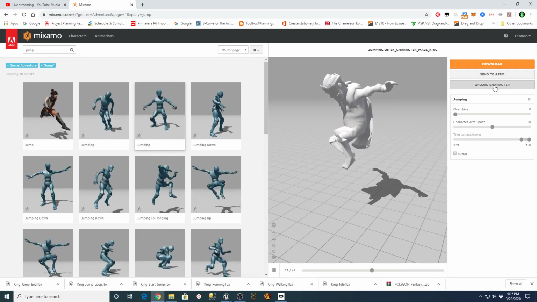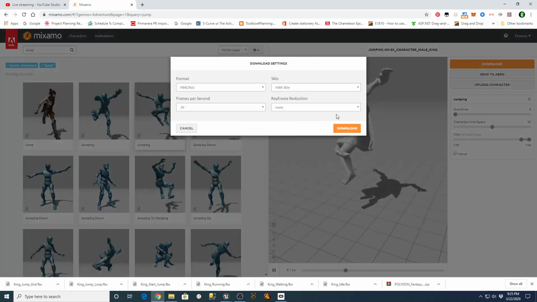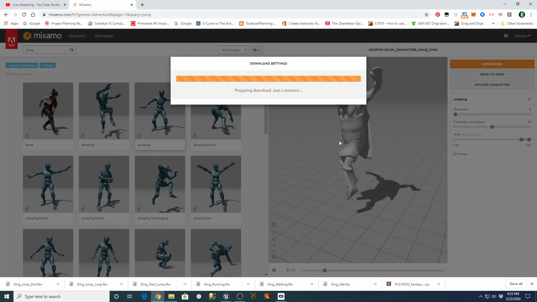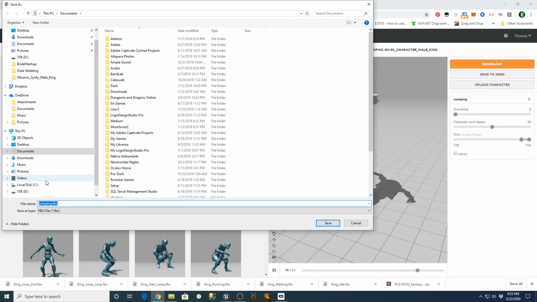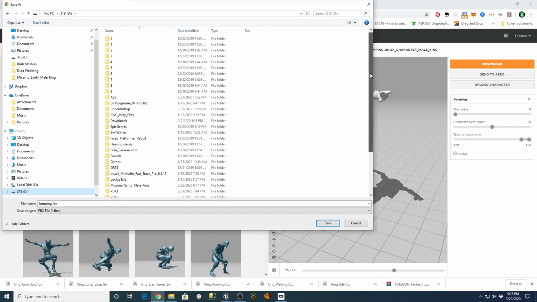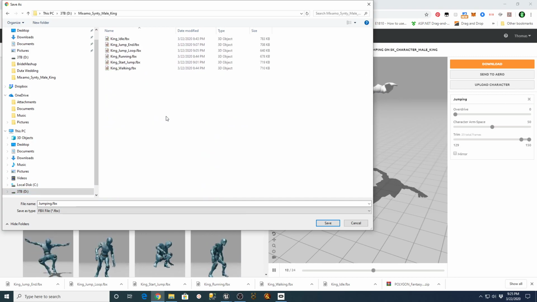Let's try that. Alright, so that's going to replace the jump loop.